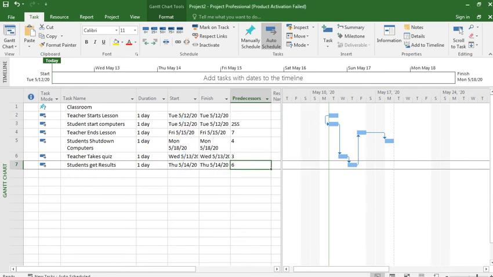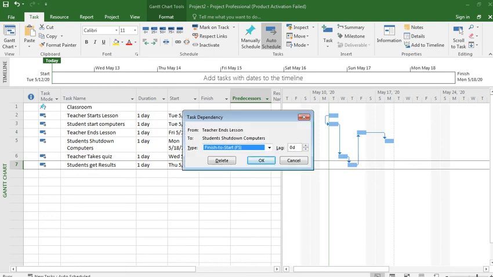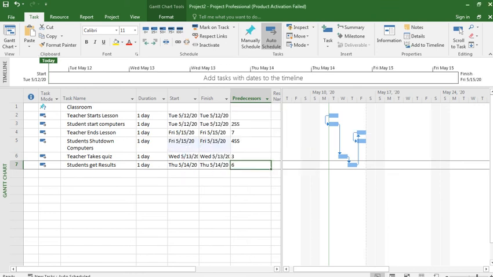And about this, when teacher ends lesson, then student shuts down the computer. Teacher ends lesson, this starts, then student shuts down the computer. This starts. This is start to start.